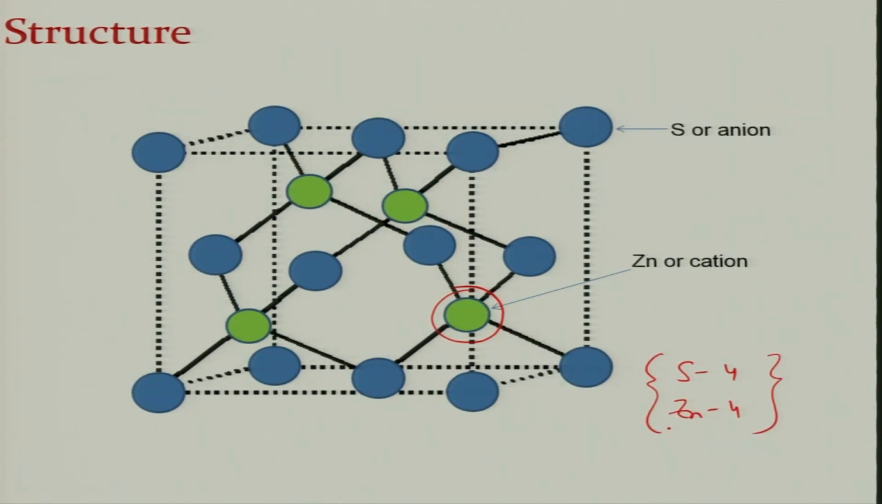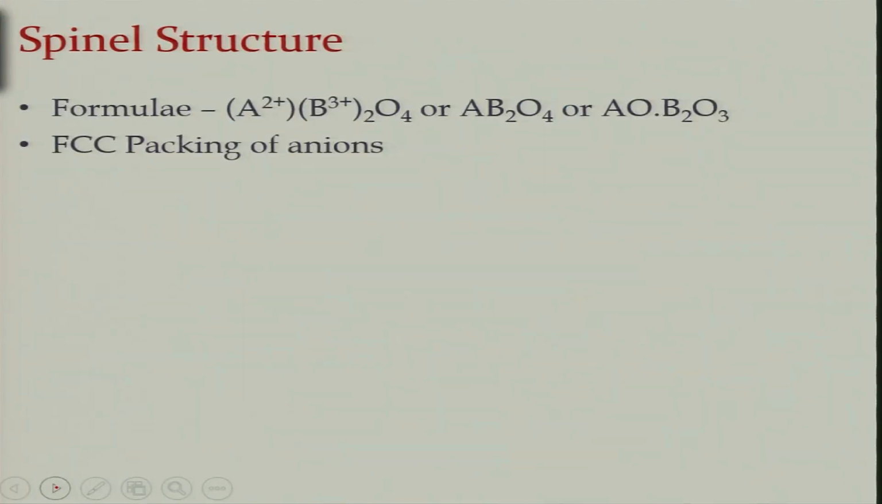And next we move on to what we call the spinel structure. Spinel structured materials are basically AB2O4 kind of materials. This AB2O4 is represented with A as 2 plus, B as 3 plus, and the remaining 4 are oxygen atoms. So, there is one A atom of 2 plus valence, there are 2 B atoms of 3 plus, and then